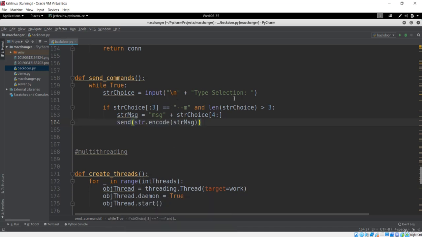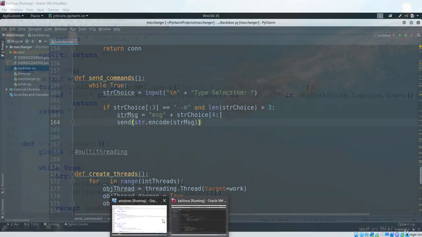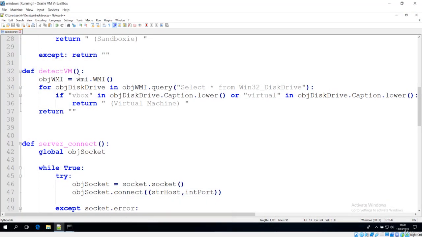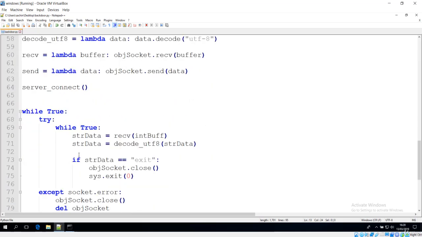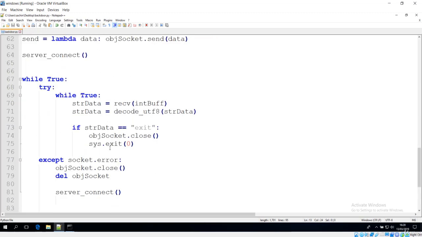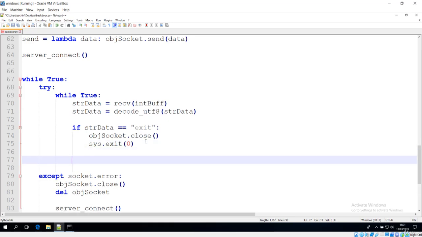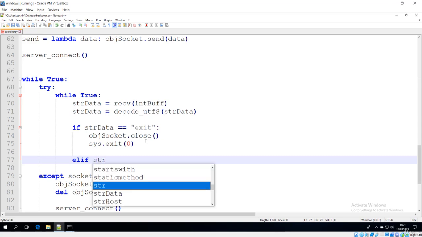Before that you can see that there is a type selection. And okay, so let's go over here, and in the Windows what we're gonna do is basically this is our backdoor.py in this client, and let's see how we are just going to implement that. So first of all, we'll just go to this while true, because this is where you have to see this command. And now we'll just say elif, and the data that is sent,